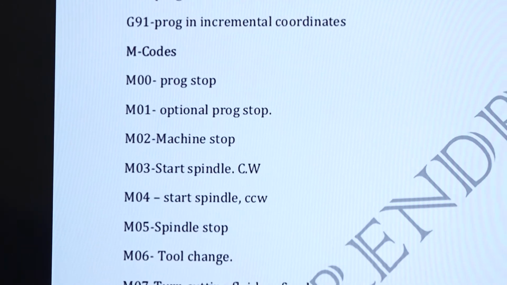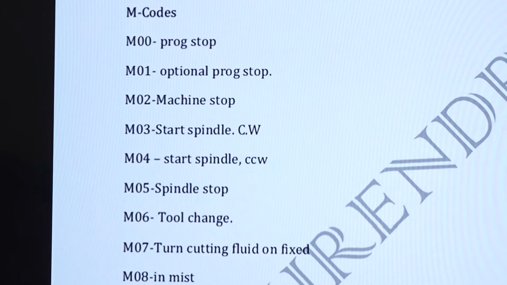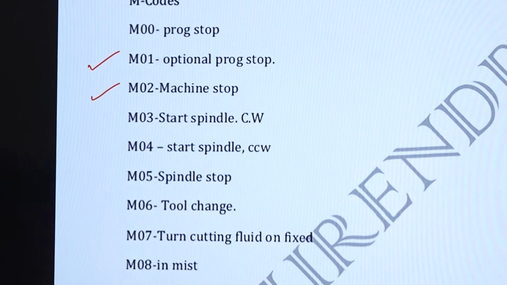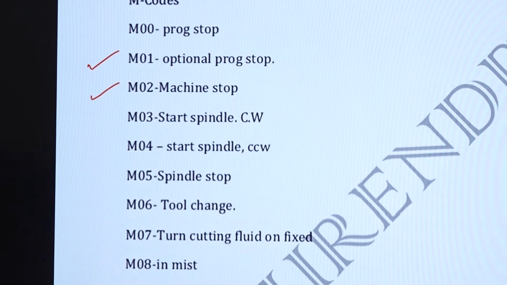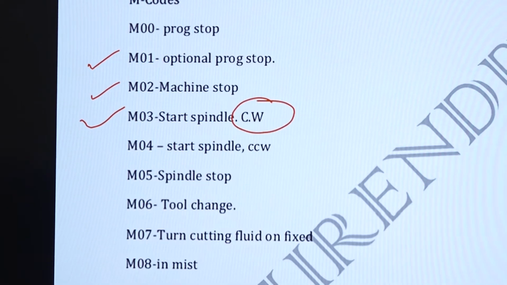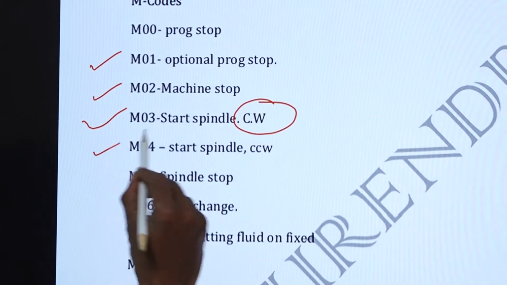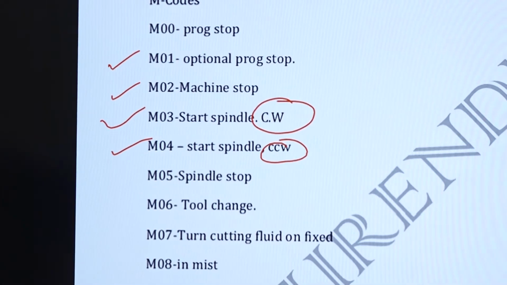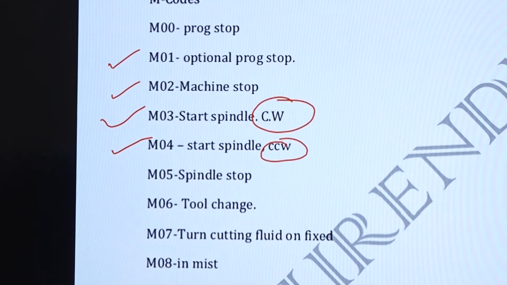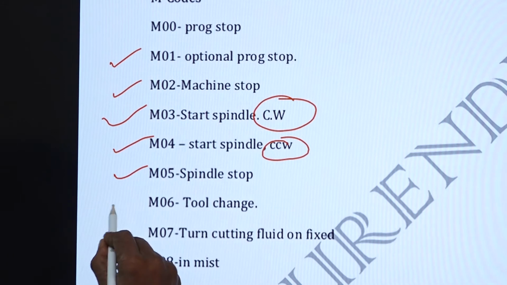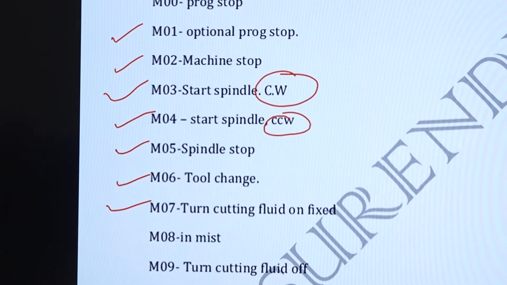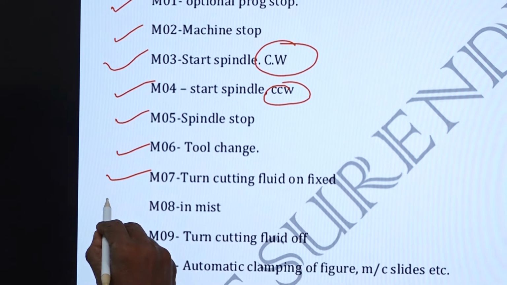M00 is for program stop, M01 is optional program stop, and M02 is for end of program. M03 is used to start the spindle in clockwise direction. M04 is used to start the spindle in counterclockwise direction. So counterclockwise direction it is 4, clockwise it is 3. M05 is used for spindle stop, M06 is for tool change, M07 is turn the cutting fluid on, M08